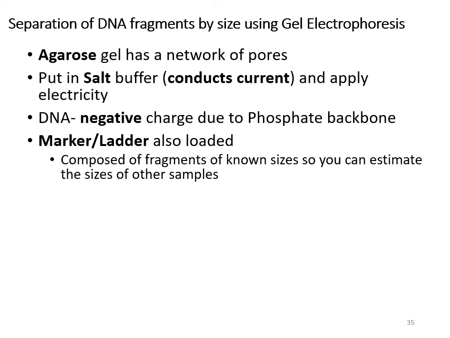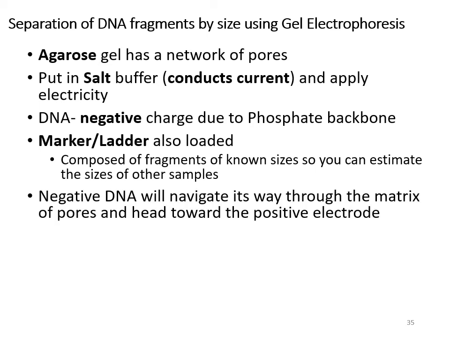Now, with this concept, you have the negative DNA moving its way, navigating, snaking through the pores of that agarose gel, trying to make it to the positive side of that gel. And be careful, because it is possible for your DNA to flow right through, it's so desperate to get to the positive electrode that if you leave it too long running, your DNA can run right off of the gel